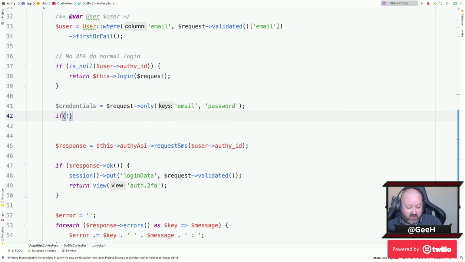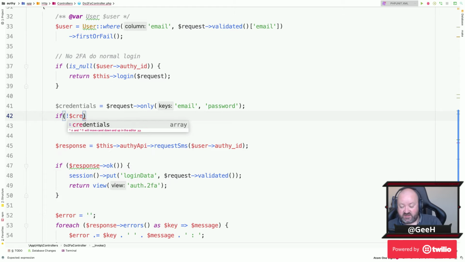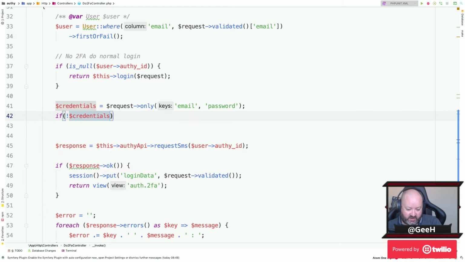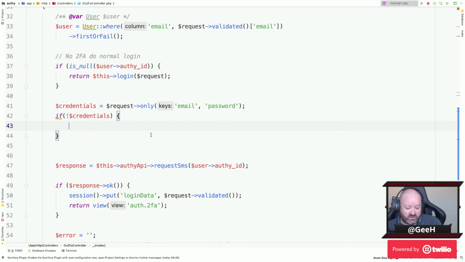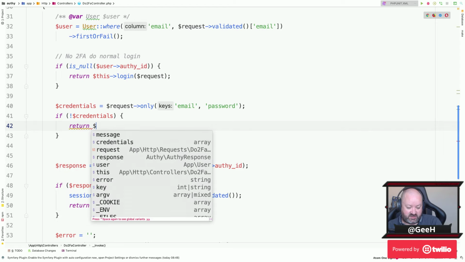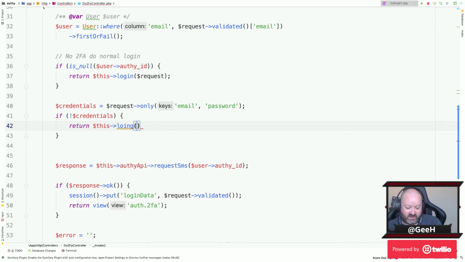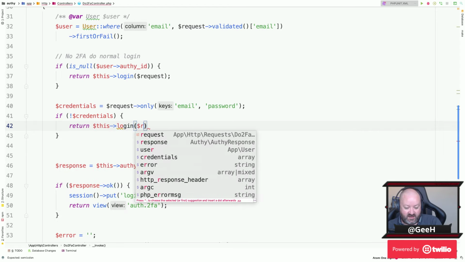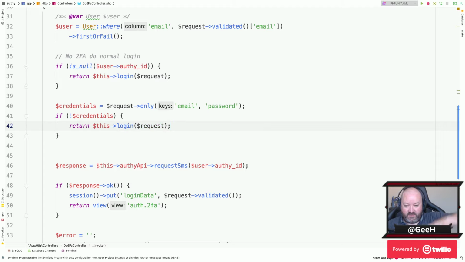So this is going to be really cheeky, and I'd love to see, if you're still here, Marco, what your opinion on this is. If the credentials are wrong, then all I'm going to do is return this login, because that's going to attempt to log them in with bad credentials and send them back to the page they came from, even though I know that this fails. I don't have to set up the error message bag or anything, because we know the credentials are wrong here. So after we get to this point,